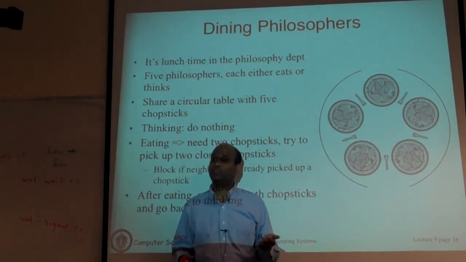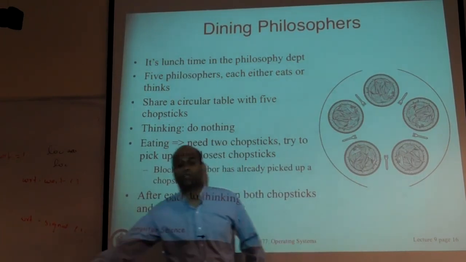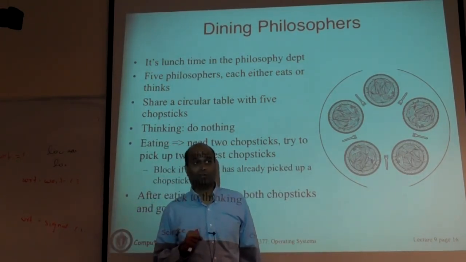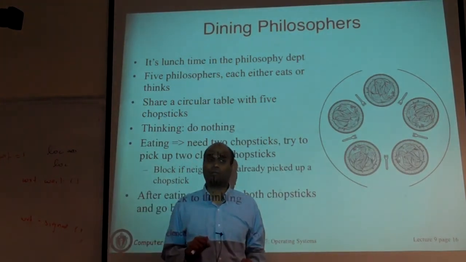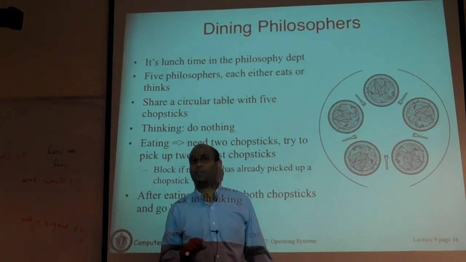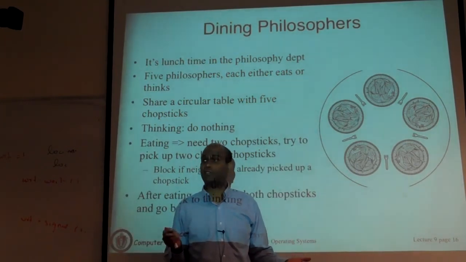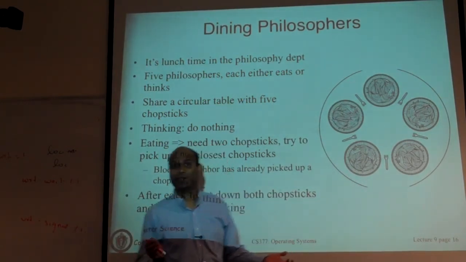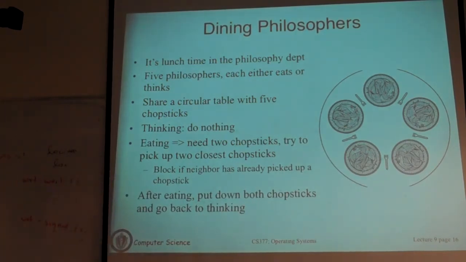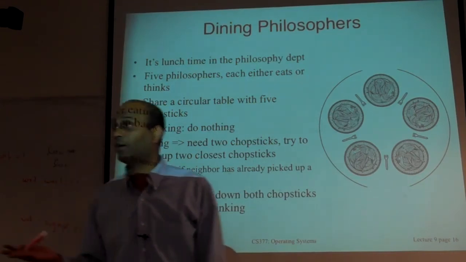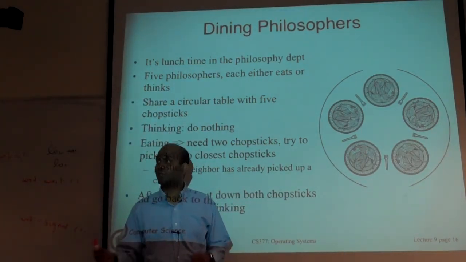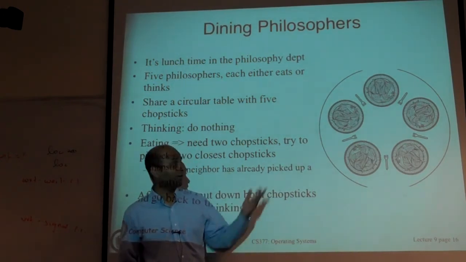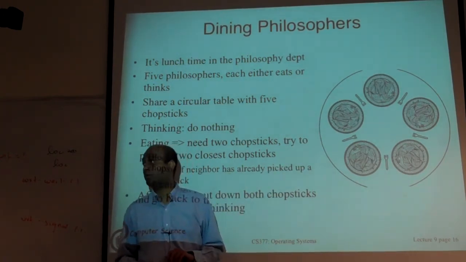So you don't want a scenario where everybody reaches out to the left fork all at once. They all get hungry at once, and they all grab the left fork, and now they try to grab the right fork. The right fork is held by your neighbor, so now nobody gets to it. It doesn't work. Okay? And so you don't want a problem where you have deadlock. That's a deadlock problem, so you cannot get to eat. And yet you want fairness. If multiple philosophers get hungry, they get to go one after another in some reasonable way. They all get to eat and so on.